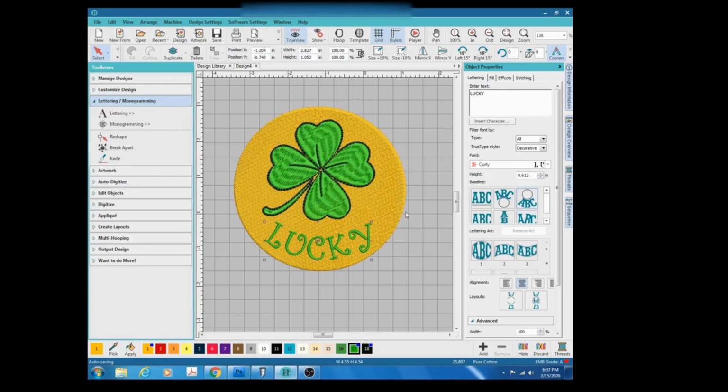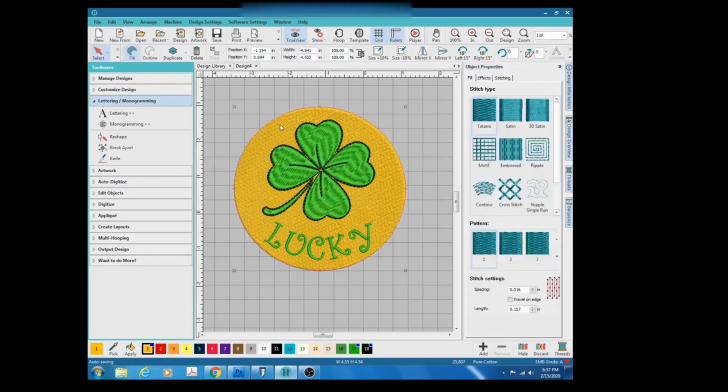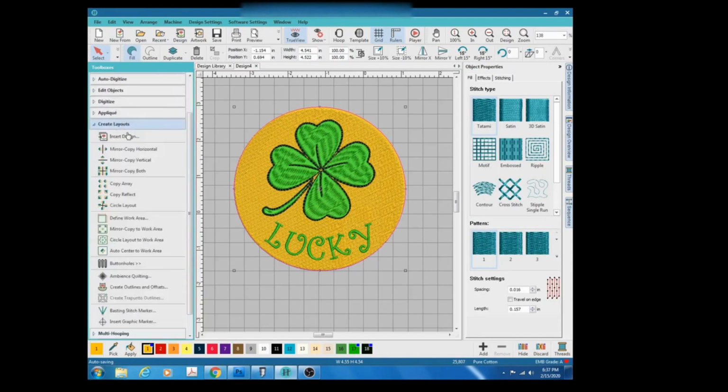And by it being a patch, it should have something like an outline around the patch as well. So in order for me to create that, I like to click on this circle right here, just to make sure that that's the only object that's going to receive that outline. Next thing I want to do is go over to my toolboxes menu, go to create layout. And create layout, as you bring your cursor down, is right here, create outlines and offsets. If you click on that,